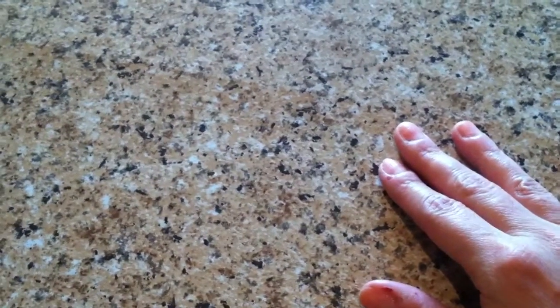The grout was gross. It was chipping apart. It was looking really icky. I don't know what was growing in there. So we still have not been able to afford new countertops, which is fine. I'm very thankful for what we have. But I needed to come up with a solution, and fast, because I was not happy with having the nasty